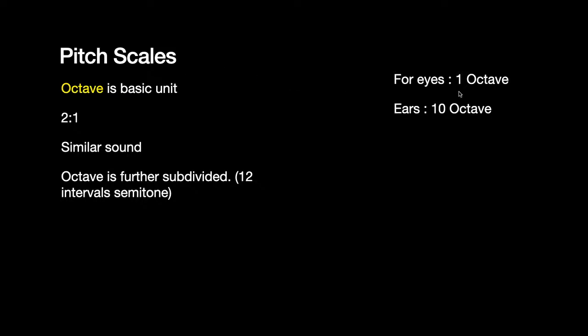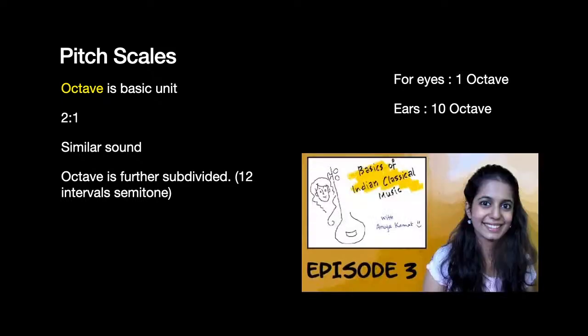So the human eye can see just one octave of the electromagnetic spectrum, but the human ear can sense up to 10 octaves, from 20 hertz to 20,000 hertz. Although, as I said, the ability to hear sounds at a higher octave diminishes rapidly. So most musical scales don't go beyond 3 octaves. We are going to look at that as well. So I have a small video which will